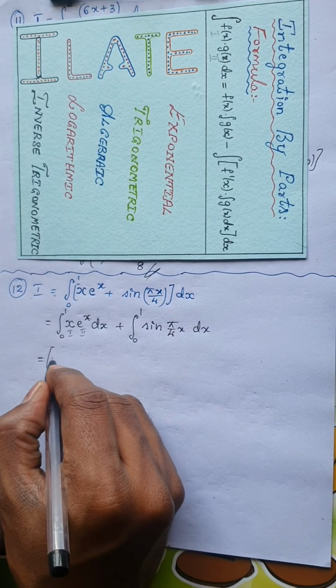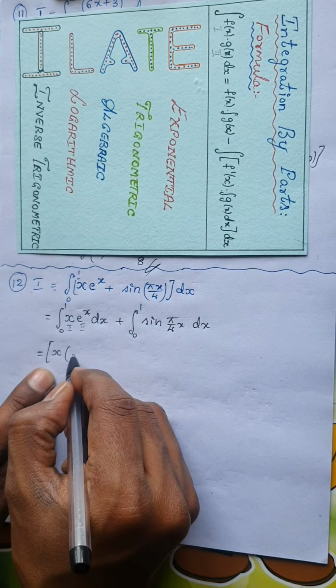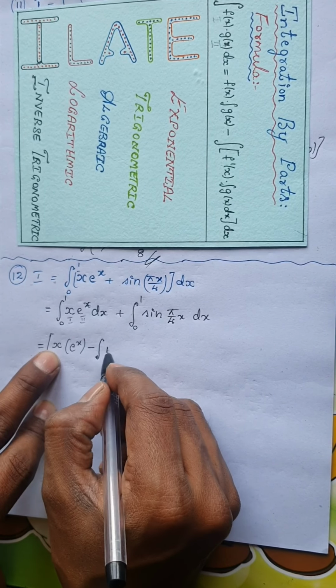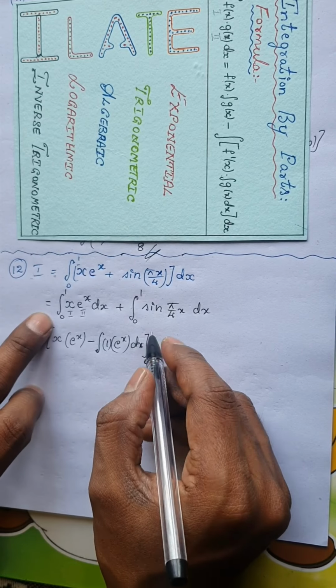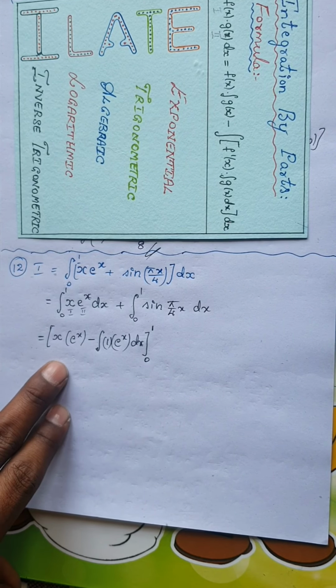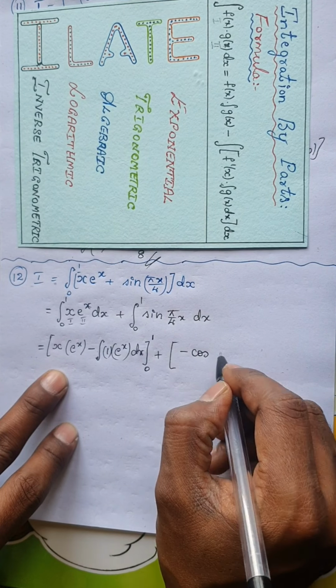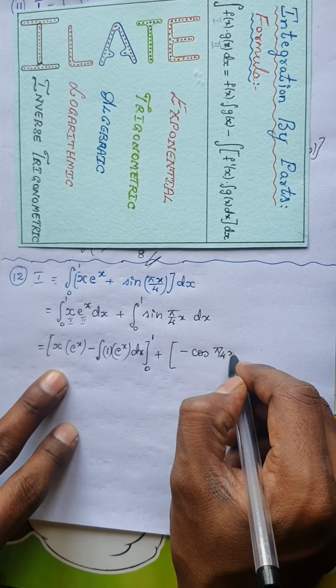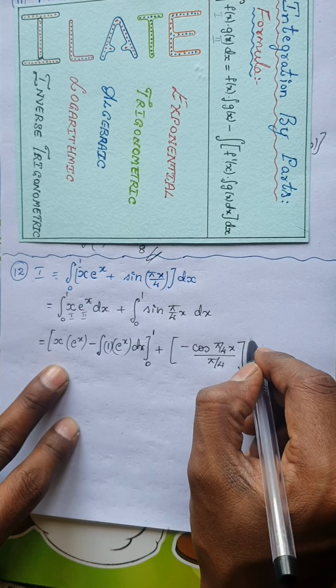Let us directly integrate. So keep the first function as it is, integrate the second function. So the integral of e power x is e power x itself, okay, minus the integral of, differentiate the function which is kept aside, that is nothing but 1. Now write this as it is, which is e power x, and this is integrated with respect to x within the limits. The only extra step is, now this is integrated within the limits 0 to 1, okay, plus now this is of the form integral of sine ax. We know the integral of sine is minus cos, so it is minus cos of ax, that is pi by 4 into x, divided by a, remember this is integrated within the limits 0 to 1.